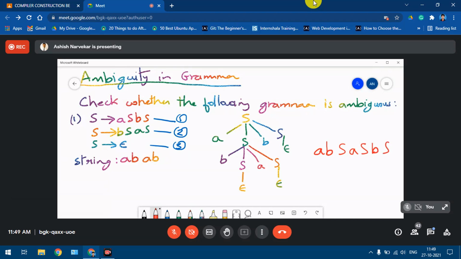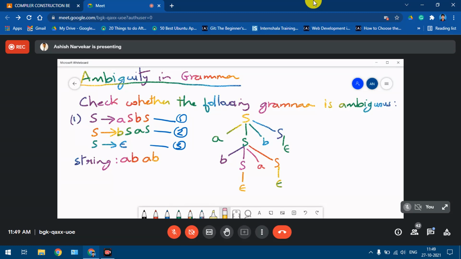So again, if I rewrite what I had written earlier, that is A, B, S, A, S, B, S. Okay, so by substituting each of the S by epsilon, what we get is A, B, epsilon, A, epsilon, B, epsilon. We know that epsilon means empty, so it's as good as nothing is there. So finally what we will get is A, B, which is nothing but the required string. Okay, so I believe that it should be clear to you all.